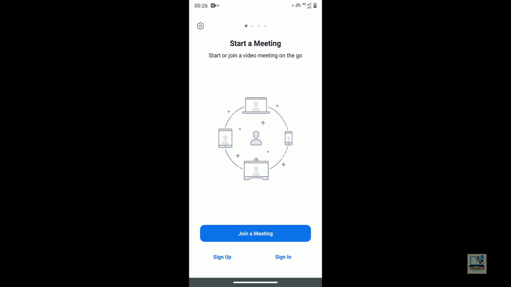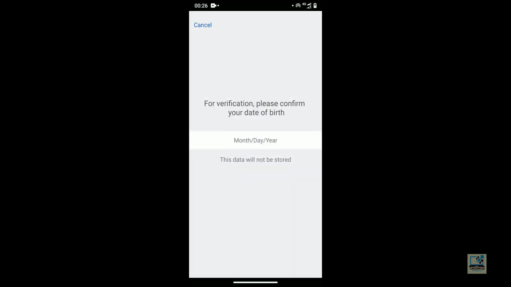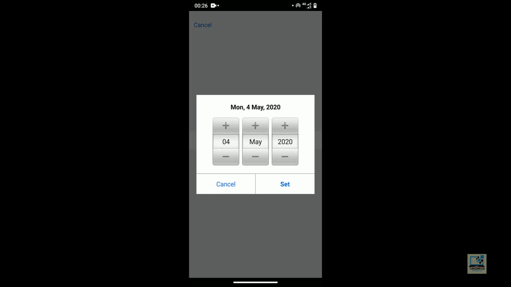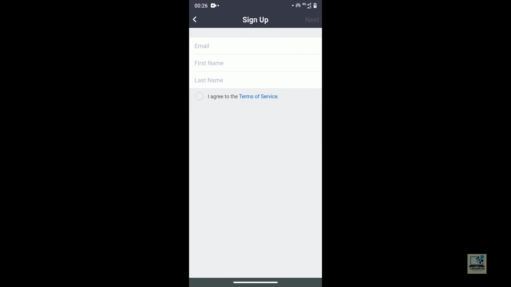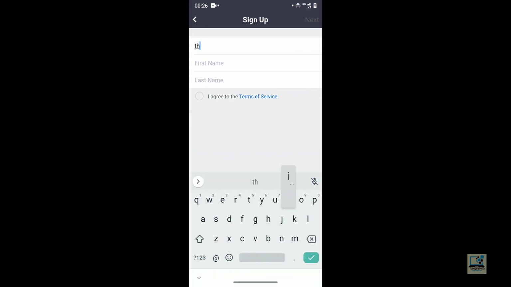This screen will come up. Date of birth. If you are below 18, I suggest you enter the date of birth of your parent. Click on set. You need to enter the email address, your first name and last name.